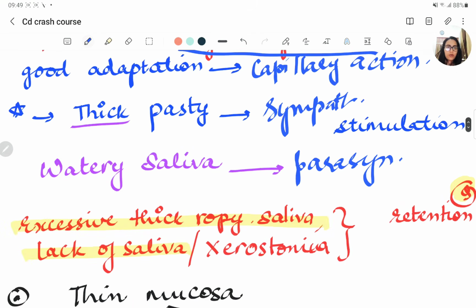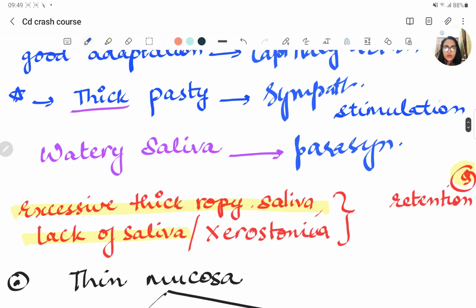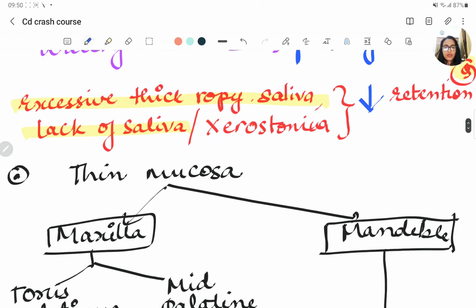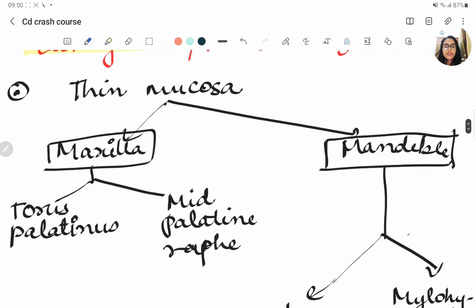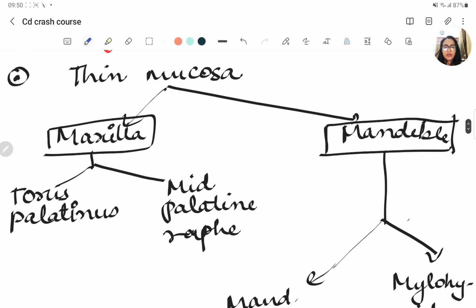That is what we have talked about in pharmacology. So excessive thick ropey saliva: when you take out the denture, there are ropes coming, right? Or when you take out the impression, there are ropes. So excessive thick ropey saliva, or lack of saliva, or xerostomia, is going to reduce the retention of the denture. If the mucosa is thin in the maxilla,